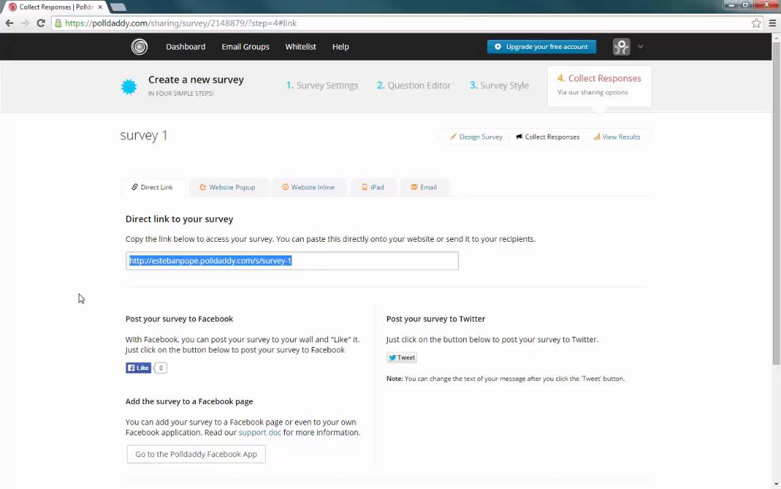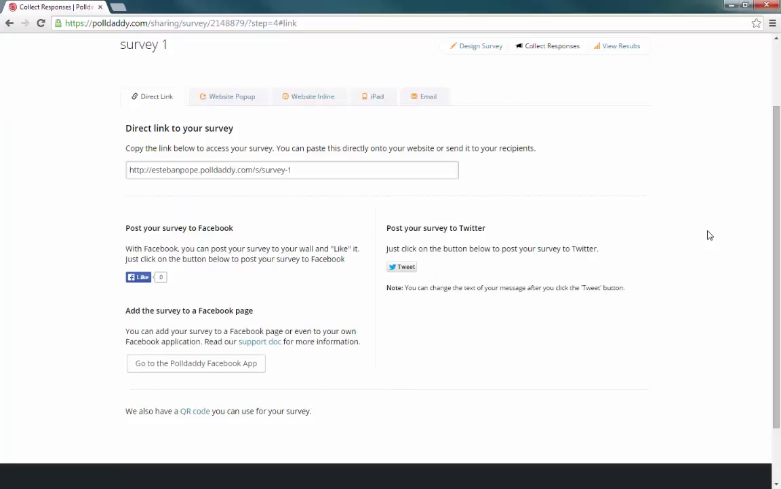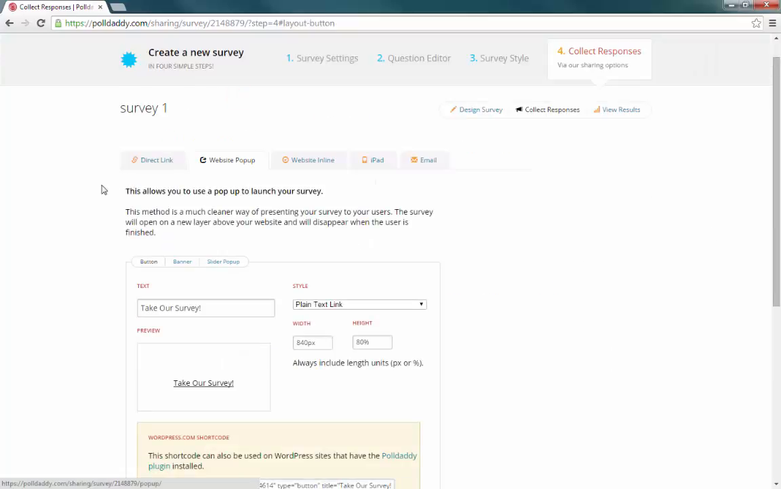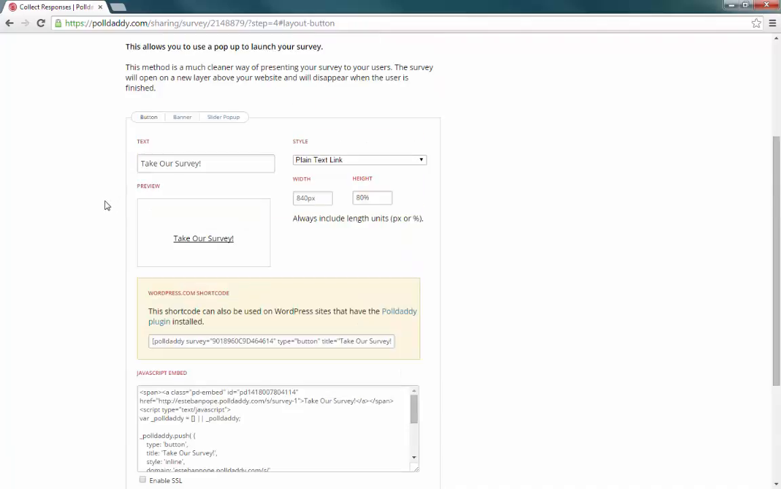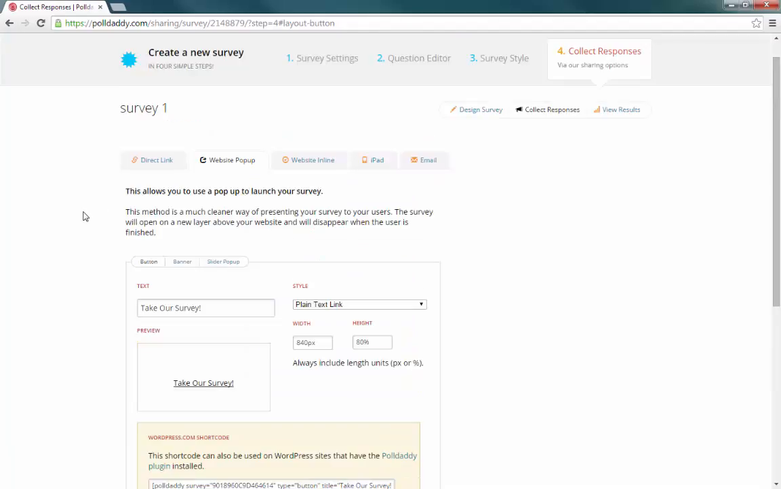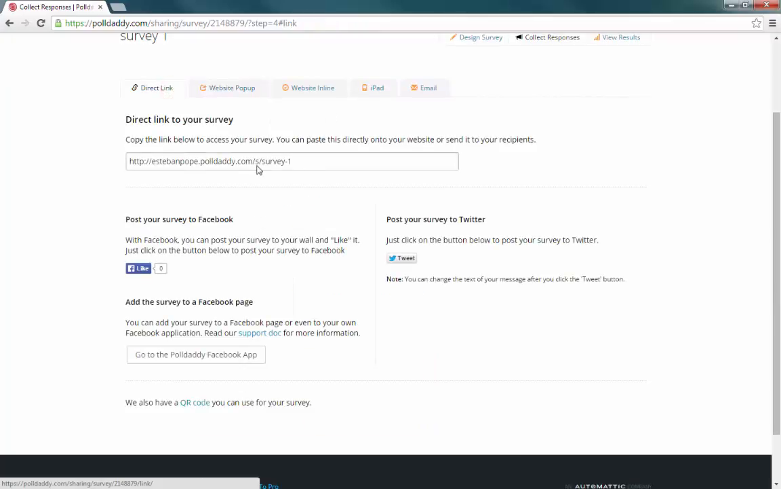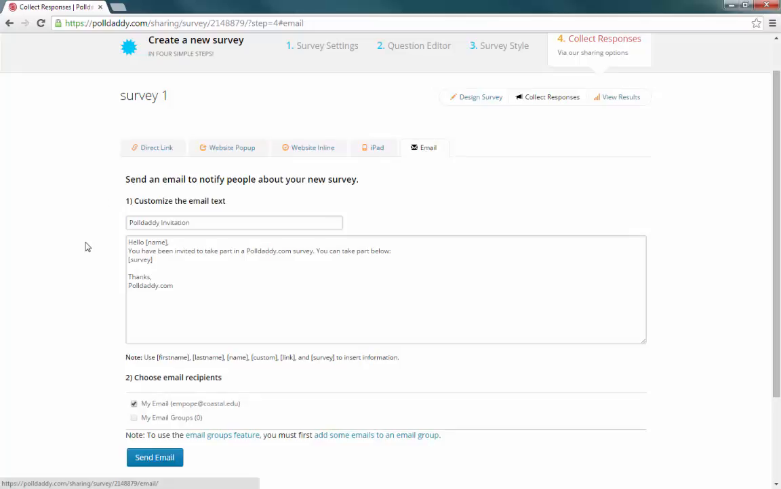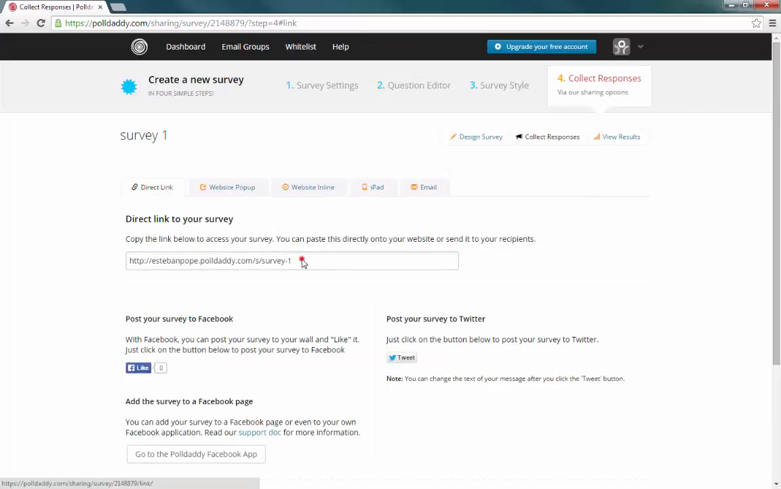Here is the address that the survey is going to be stored at, and I can actually share that with my audience. I can go here to website pop-up, for example, and I have the embed code for JavaScript. For WordPress, if you have an account with them, you can display it right on there, or if you have your own blog site, you just copy the direct link, and you can also share it through regular email. For now, I'm just going to copy the direct link,